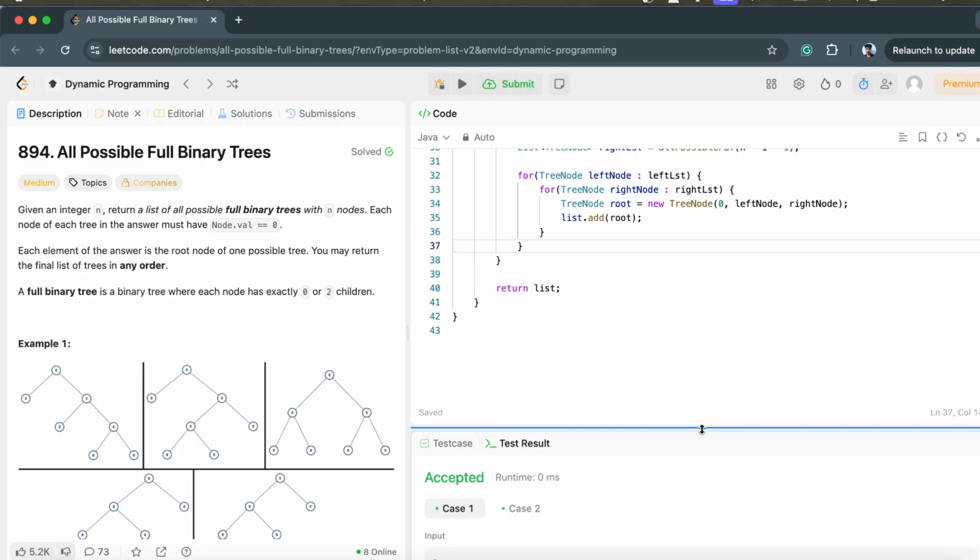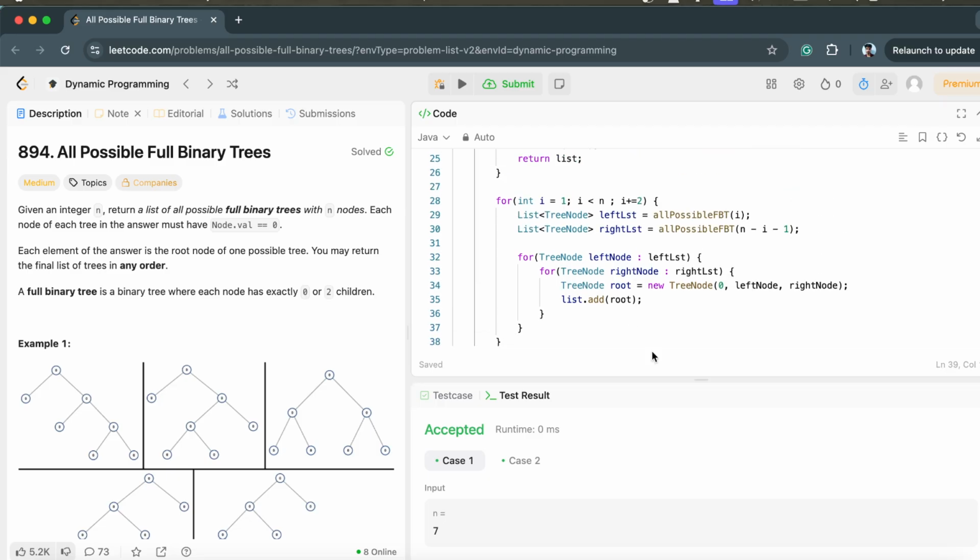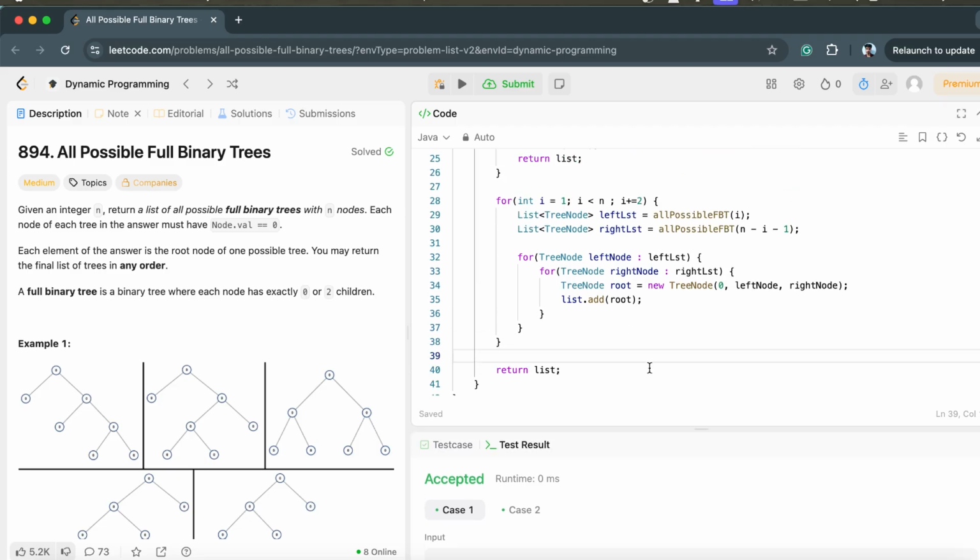Yeah, it is getting accepted, but the problem, if we think about this particular recursive solution, is that